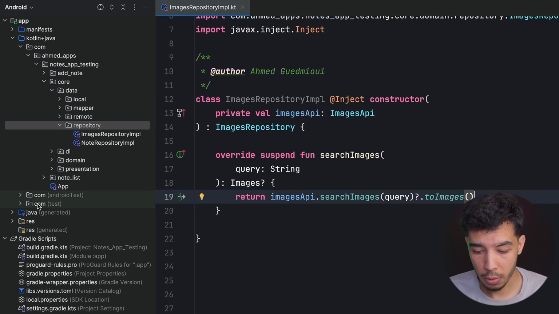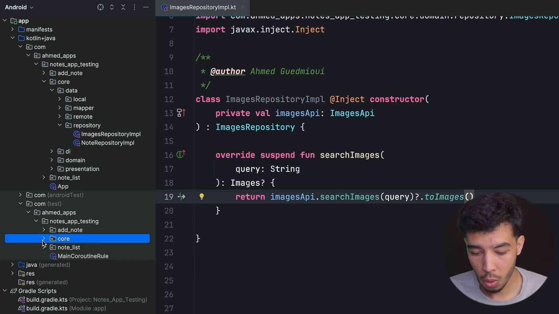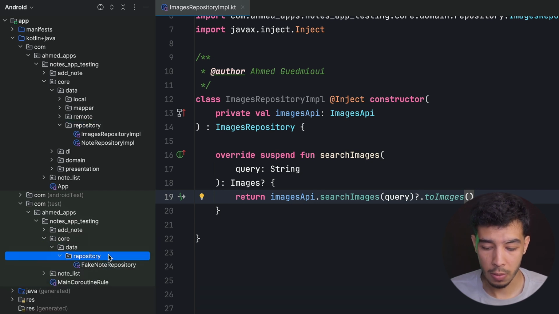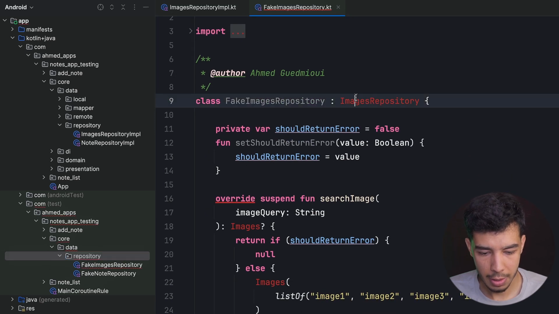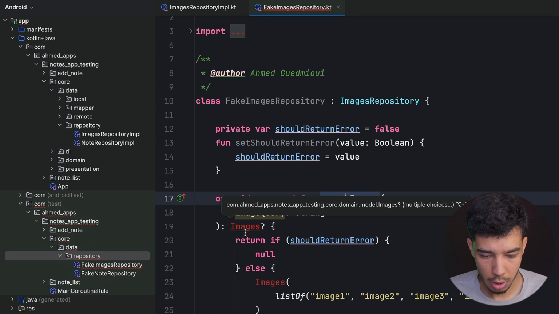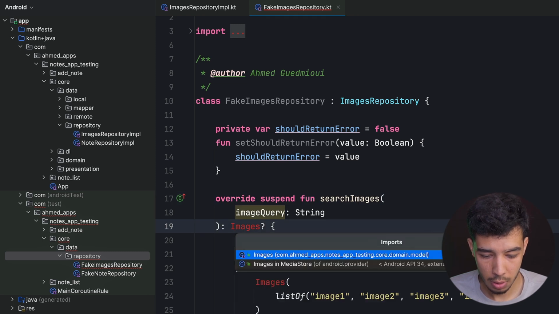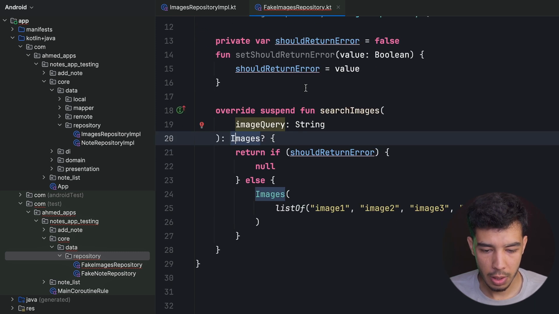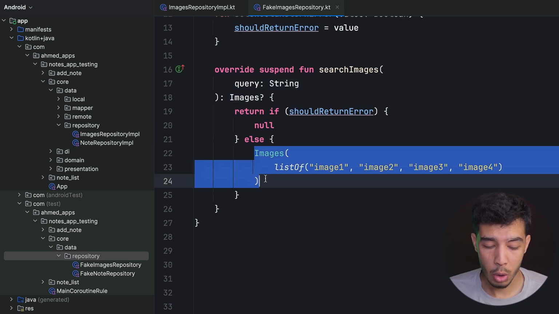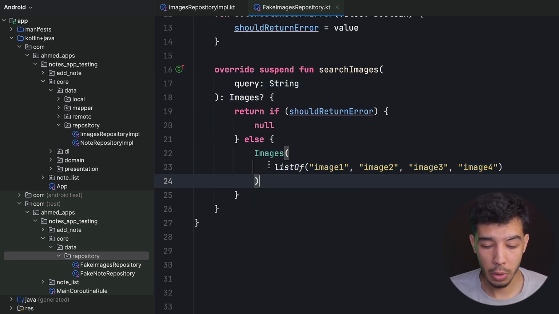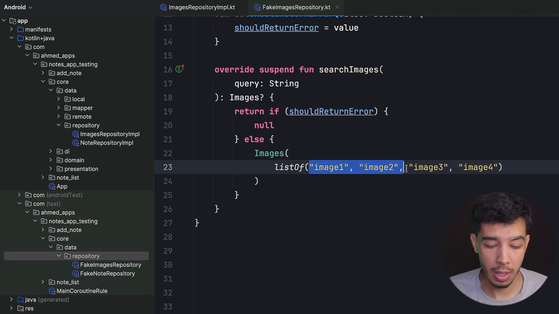Now we just want to create a fake version of it. So let's go now to our test and core. So right here, we want to create the fake version, and I'm just going to paste it for you so we could save some time again. So here it is. Maybe now this one is search images, this one returns images, like that. Okay, so here it is. This is the fake version, and what's happening here is that we return a list of images. So we simulate that we get to our API and then we get images. You can see a list of image